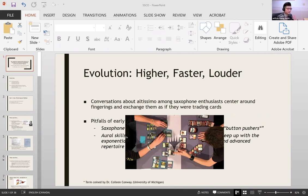If you ask a beginning French horn player, beginning flute player, beginning brass player, there's no way they'd be able to play a sound at the very beginning of their pedagogy if they didn't have all of these considerations in mind. Whereas saxophone, just press a button and for the most part it works. And as a result, these students, many young students, I put myself in this camp, our aural skills lack development,